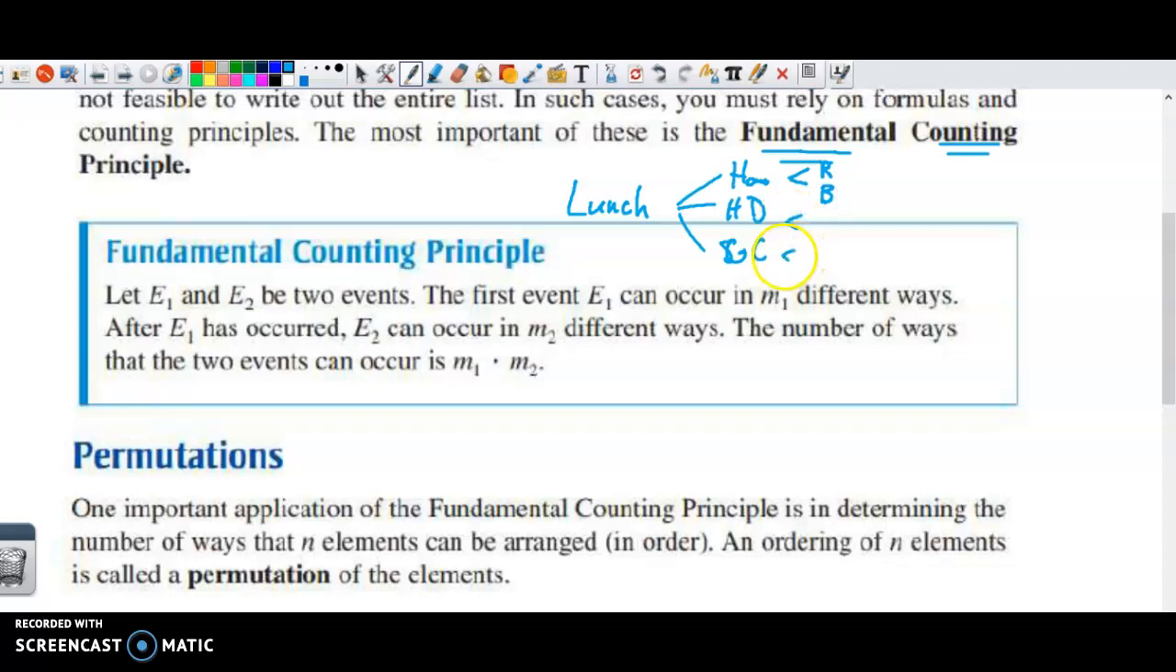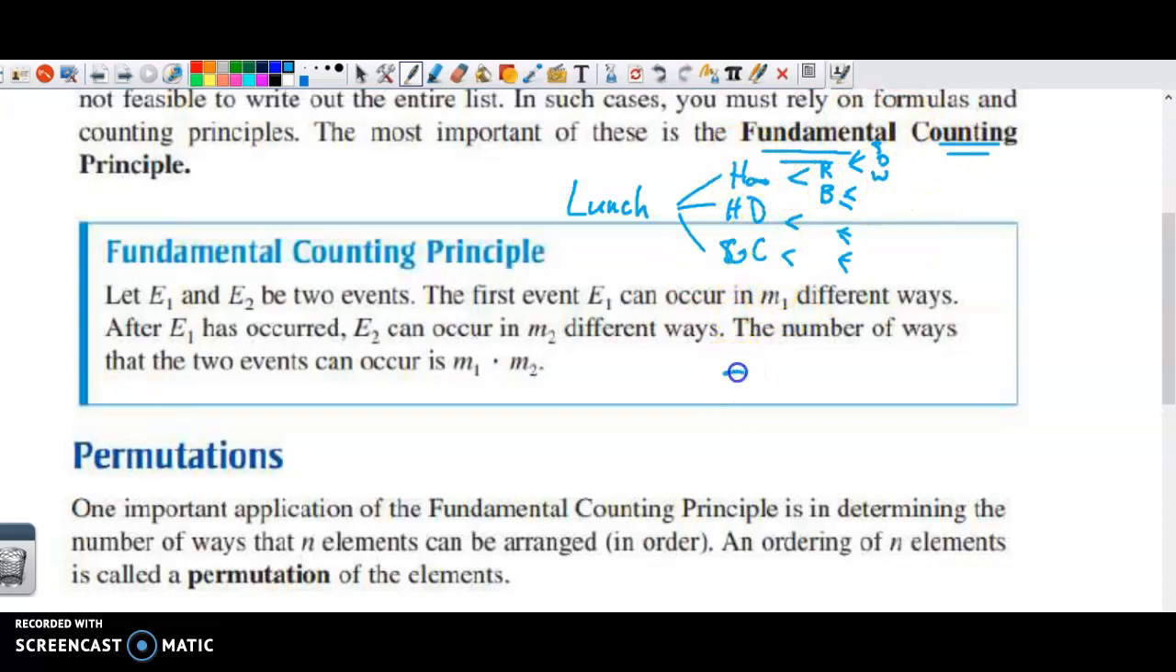Regular, barbecue, regular, barbecue. And then from there, maybe you have a few soda options. Maybe there's 3 of them: soda, diet, or water. So the fundamental counting principle is basically, instead of making a chart that breaks down every option, you can